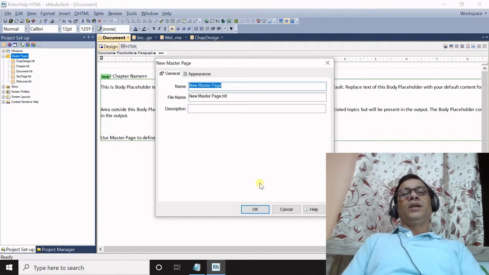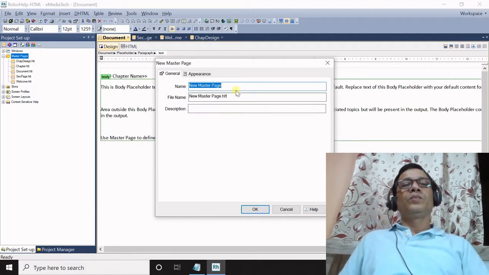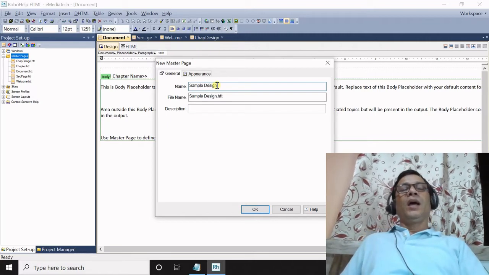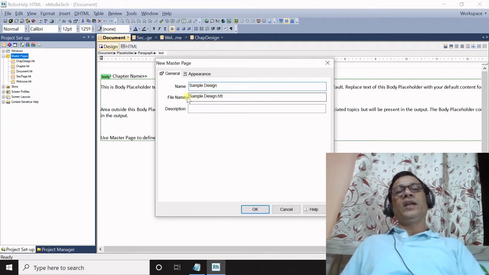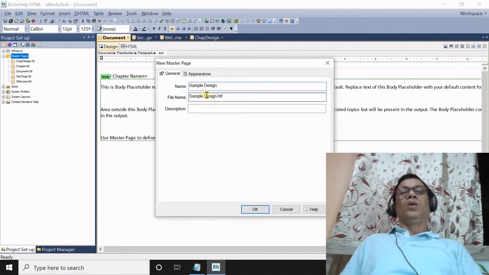This property list appears. In this name field, you can write the name of your master page. You can see that the file name is also written automatically as you write the name of your master page. However, you can edit this file name if required. Now go to the Appearance tab.